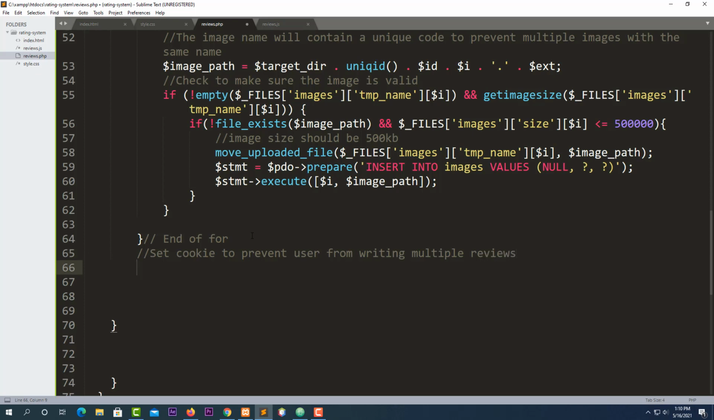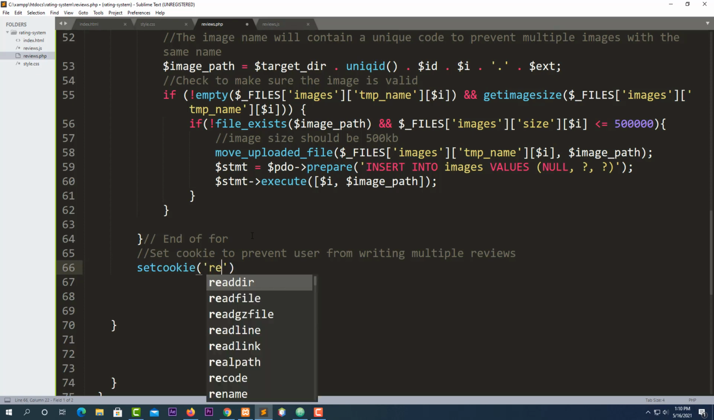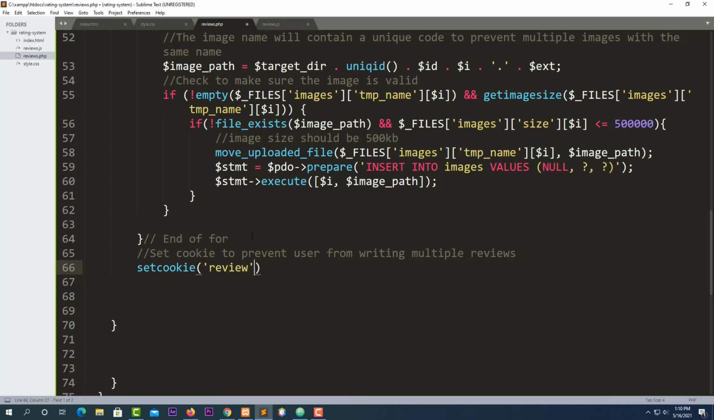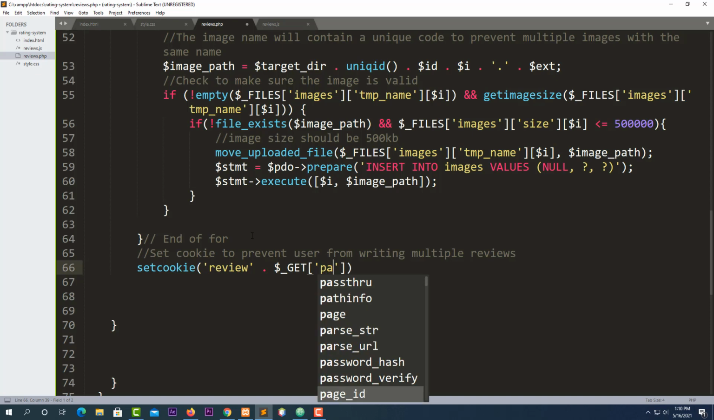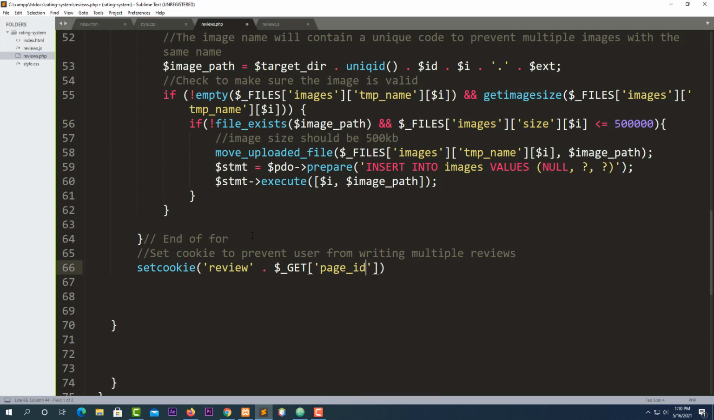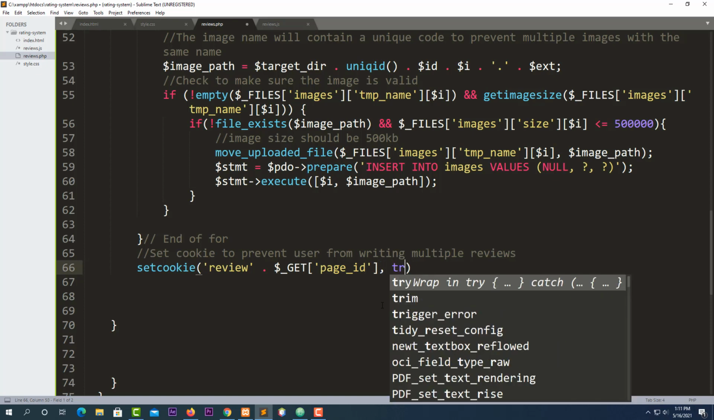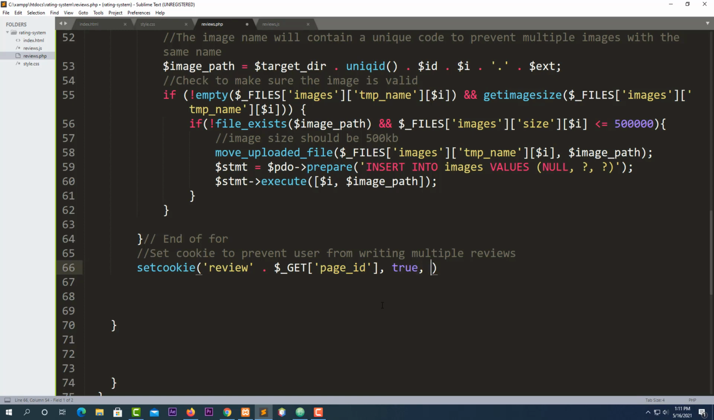Okay, for this I say set cookie, single quote. I say review space that $, and I call the get, bracket single quote for the page ID. Remember that above page ID, and we go next to it, we put a comma space. It should be true. I set it to true, comma space for the time, okay, space concatenate